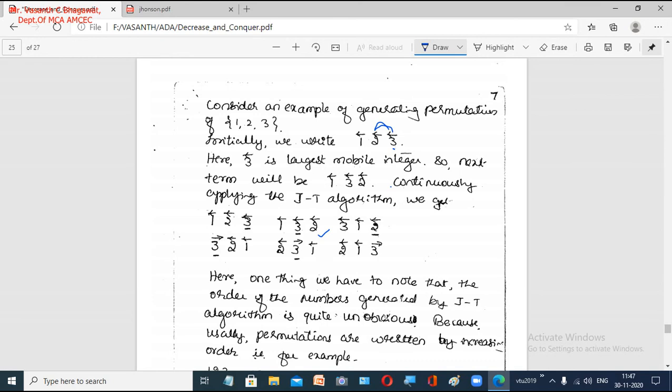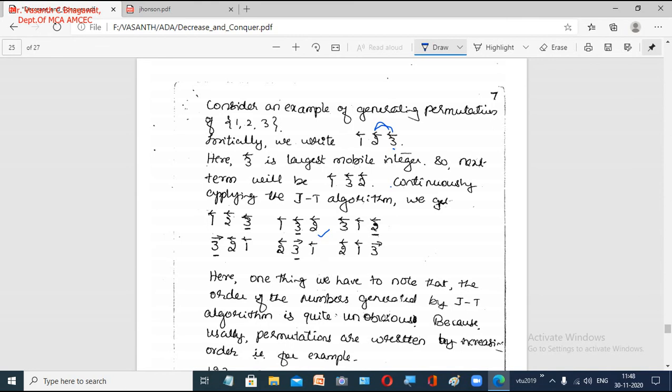So now we go to the third step. In the third step we exchange 3 and 1. So 3 comes first and 1 we put here. Clear? We are exchanging. Now we get a new permutation. Again we start with the same process and identify the largest mobile element. 3 is pointing this side, there are no numbers, leave it. 1 is pointing towards 3 but it is greater, so 1 is not a mobile element. Now 2 is pointing towards the number 1 which is less than 2. So 2 becomes a mobile element and this is the largest. In the next step, 2 and 1 are interchanged.